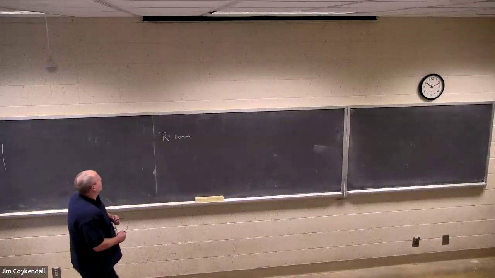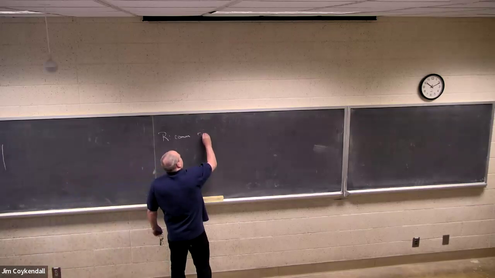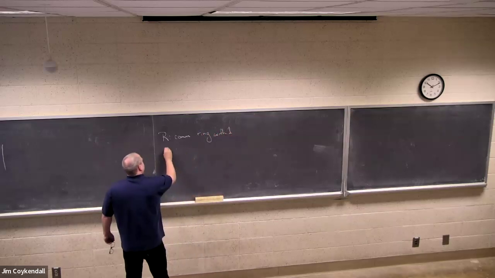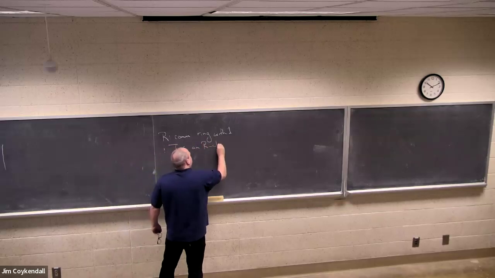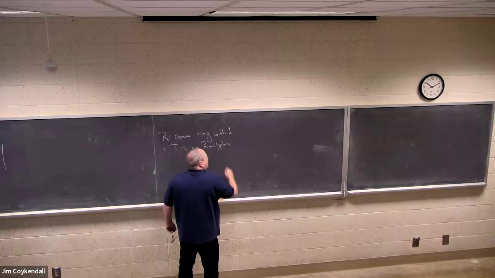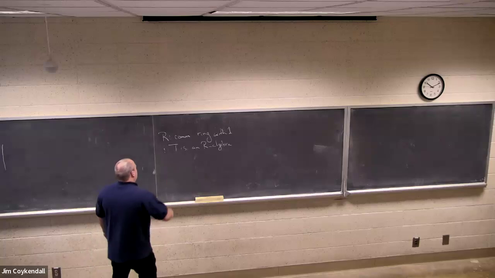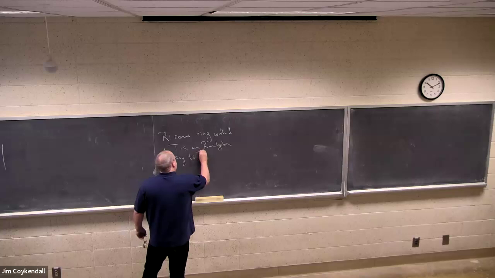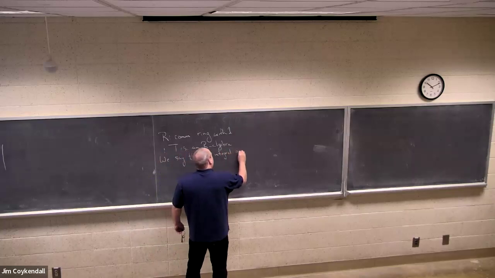All right, so last time, when we were talking about integrality, R is a commutative ring with one, and T is an R-algebra. I'll be precise about what I mean by this in a moment. We say T is integral over R